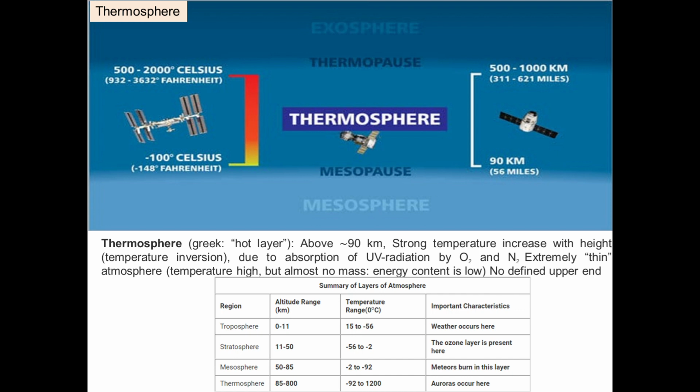Then again in the mesosphere it decreases with increase in altitude, up to minus 92 degrees Celsius. Okay, so in the last sphere, the thermosphere, the temperature increases, up to 1200 degrees Celsius. Okay,